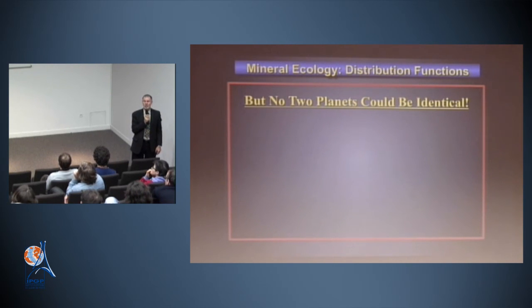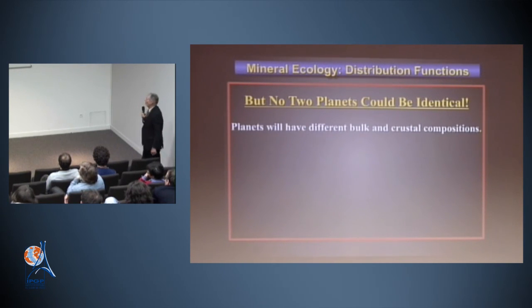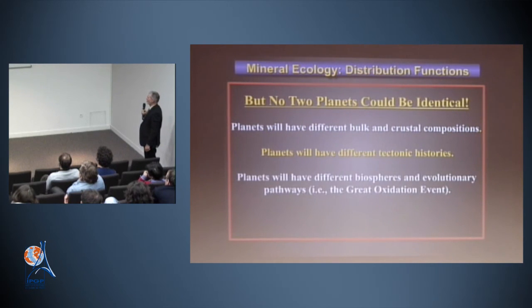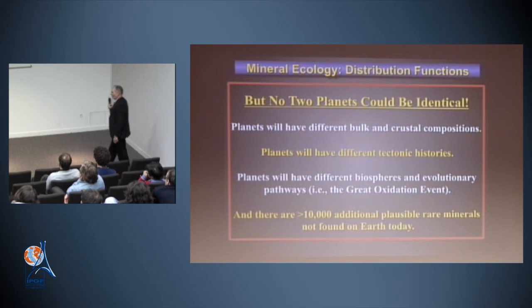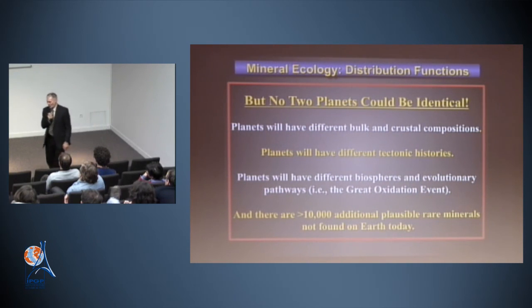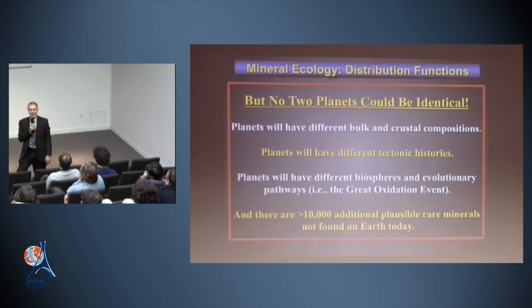First of all, I want you to remember that there is no other planet that's going to have the exact same chemical stoichiometry as Earth. If you have different bulk and crustal compositions, you're going to have different tectonic histories, certainly different evolution of the biosphere. And another factor, which is sort of an amazing thing: we may have 6,500 species on Earth today,